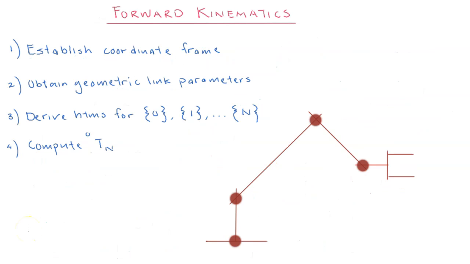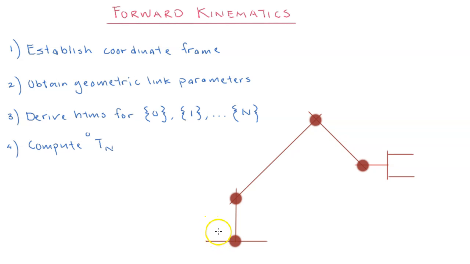Now it's a good time to talk about forward kinematics. In the forward kinematics problem, one has to undertake 4 steps: establish coordinate frames, obtain geometric link parameters, derive the homogeneous transformation matrices for all the links, and finally compute the final homogeneous transformation matrix. So let's say we are given a robot arm like this, and we know that this